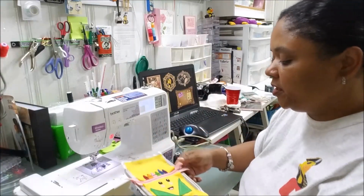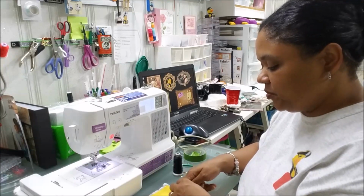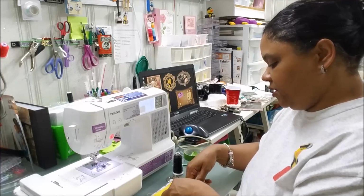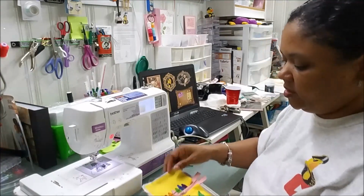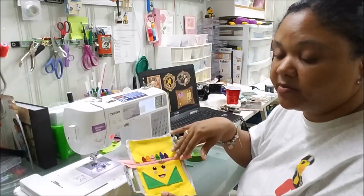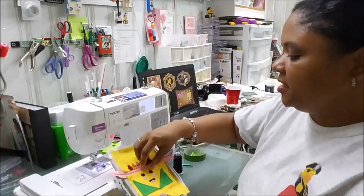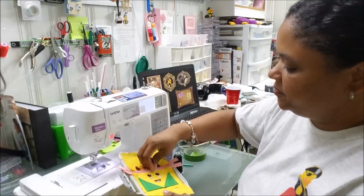Now at this point, what we're going to do is move the zipper to the middle of the bag. Okay, and that's really important, because if you don't move the zipper at this step, then your zipper is going to be stuck on the outside of the bag. So now that we have the zipper moved over,